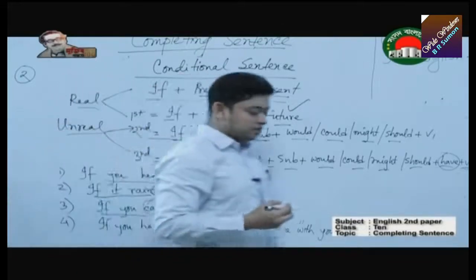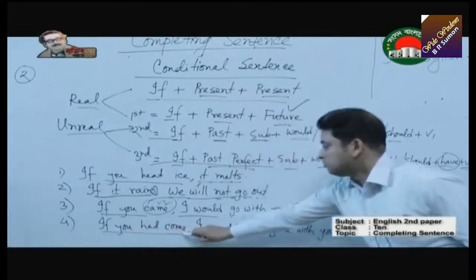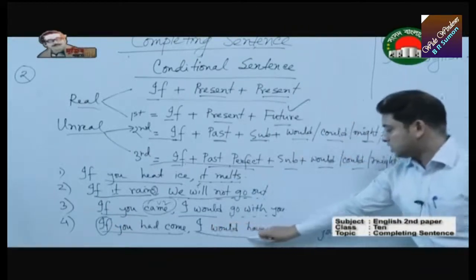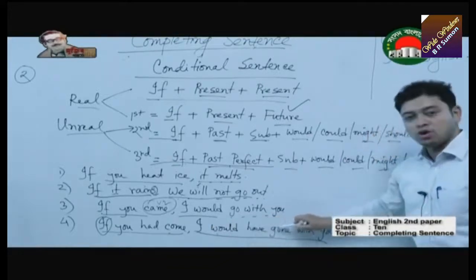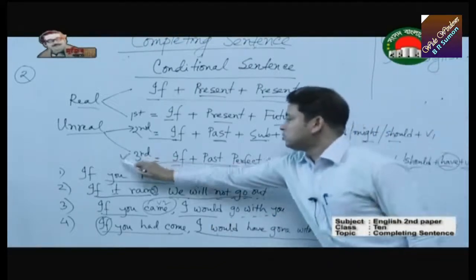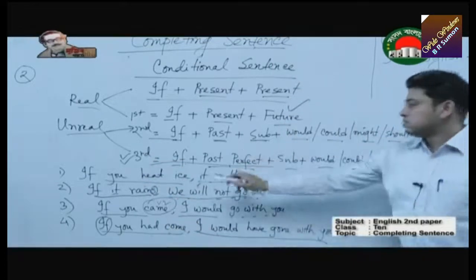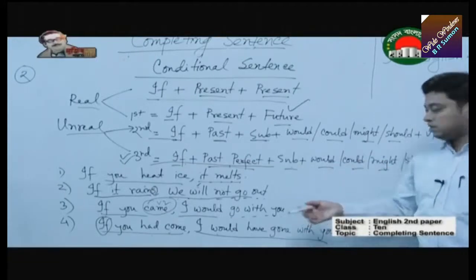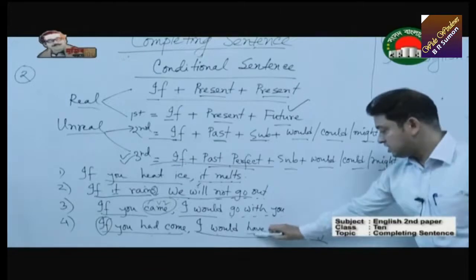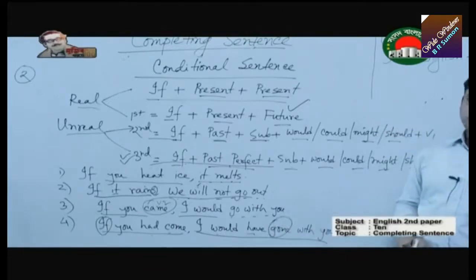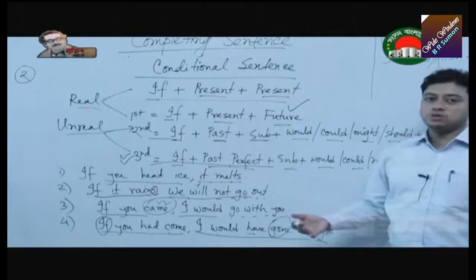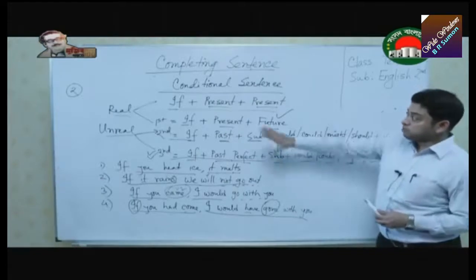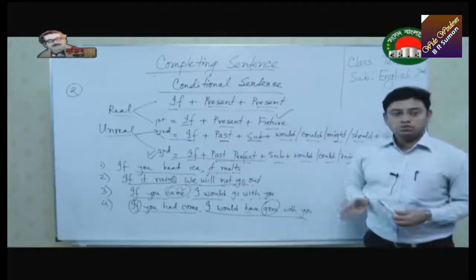So in the example, if you had come, past perfect tense, if is there, what would happen? Third conditional sentence: I would have gone with you. So this rule is being followed here. First clause, past perfect tense. Last clause, would have, could have, might have, should have. Then remember this, have is there, so the past participle form of the verb. Now how you will make this sentence depends on you. According to the first part, you have to create the next part. So dear students, if you remember this rule, it will be very easy for you to answer anything.